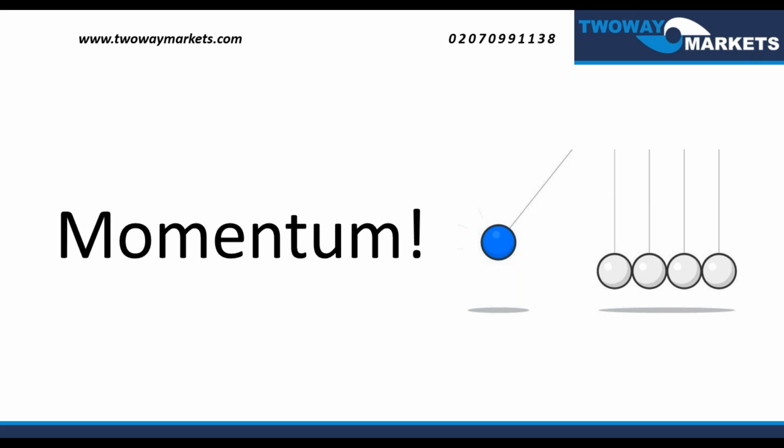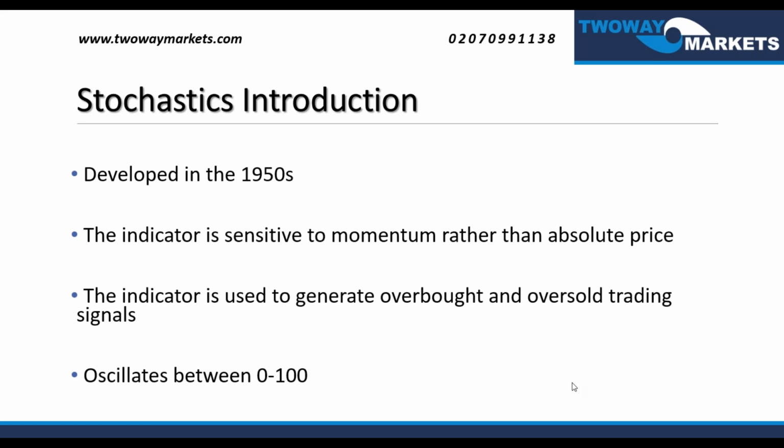Now, momentum in the financial markets is determined by factors such as the volume and the rate of price changes. We've looked at an indicator called RSI before, and I'm going to touch on that a little later as well. But specifically today, I want to go through an indicator known as stochastics. So without further ado,